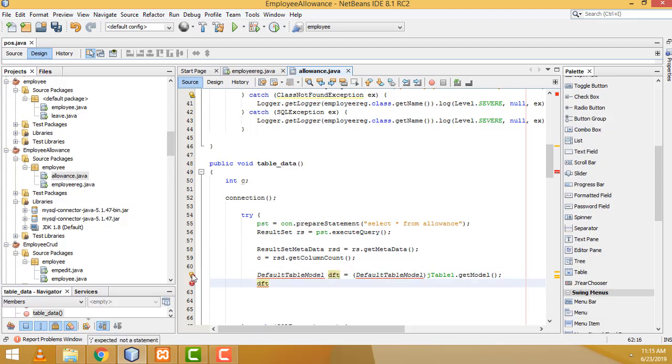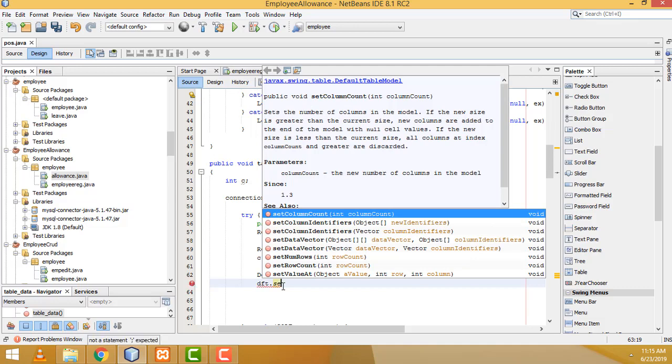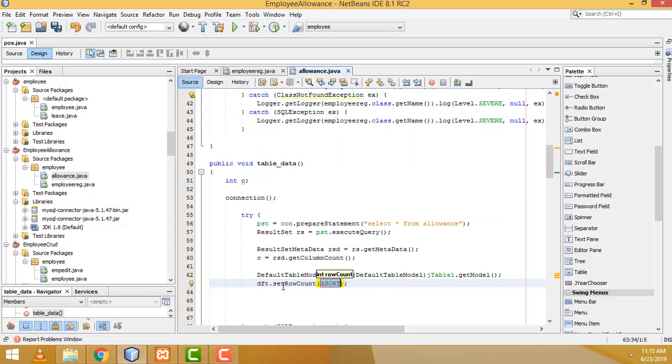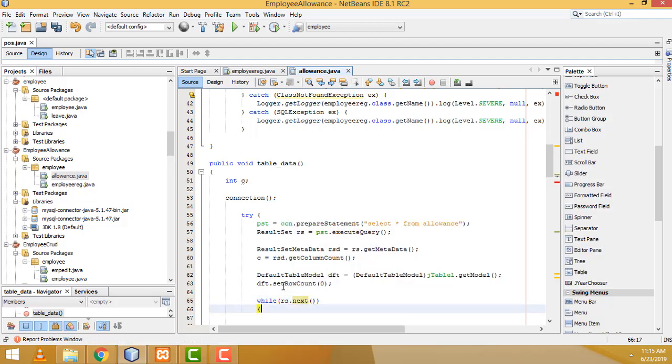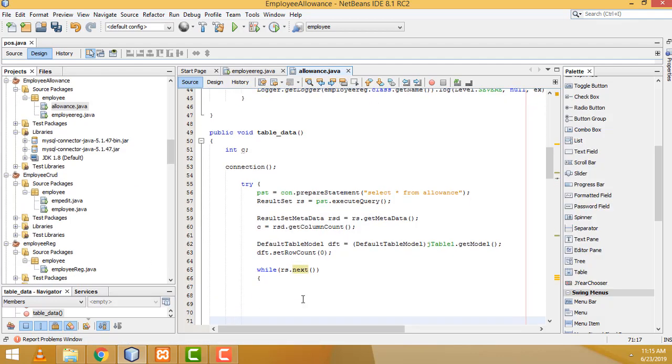Here we have to import the namespace for the here dot set row count, 0. First time 0. Right. After that we have to create the while loop, rs dot next. You have to write like this here,